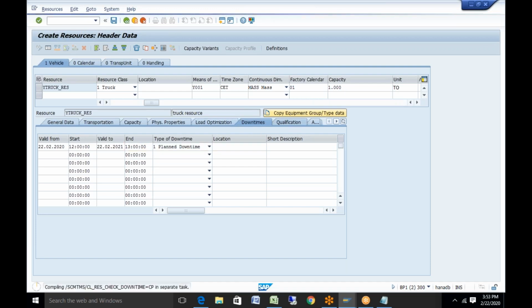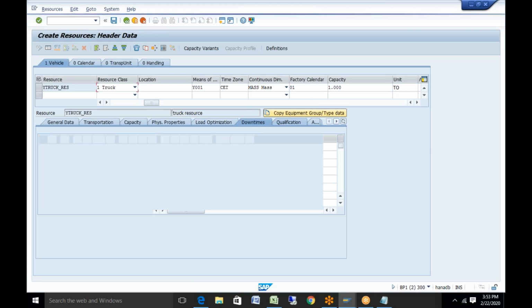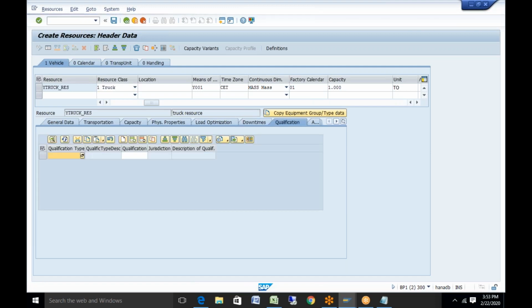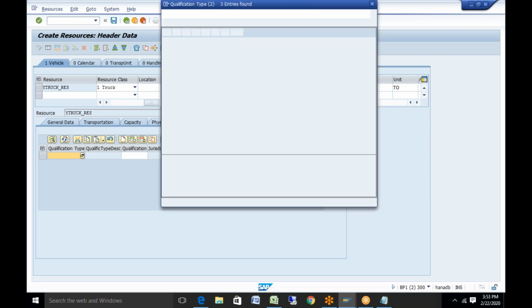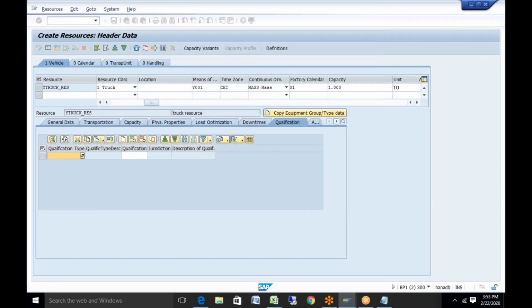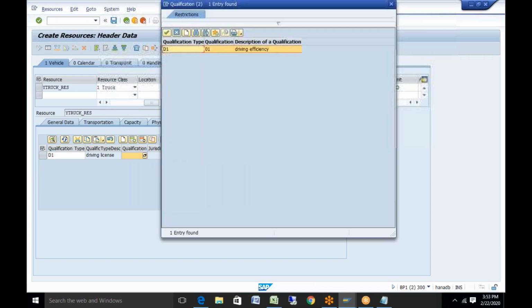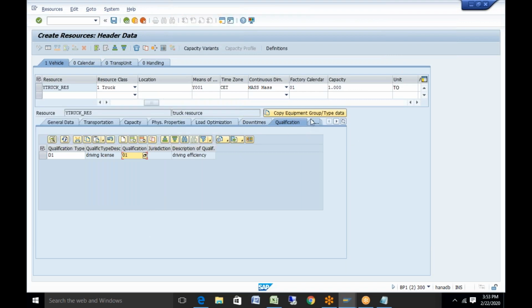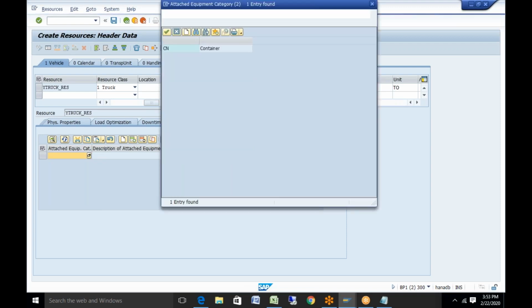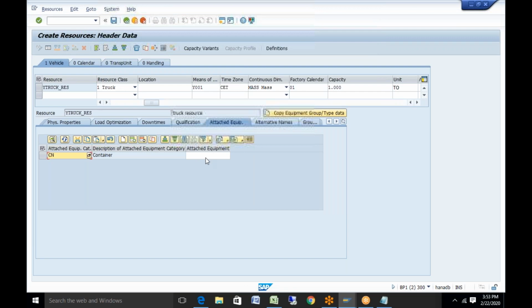I give a qualification. So qualification type is a driving license, and qualification value is driving efficiency. If you want to give any equipment attached, I say okay, I attach a container, 40 feet container, for example, if it is required, and I give some alternative names.